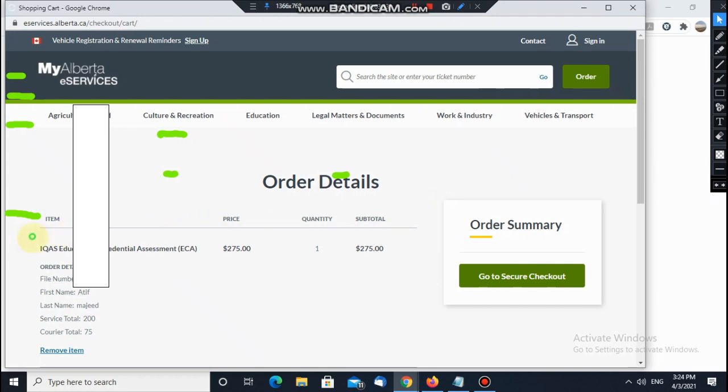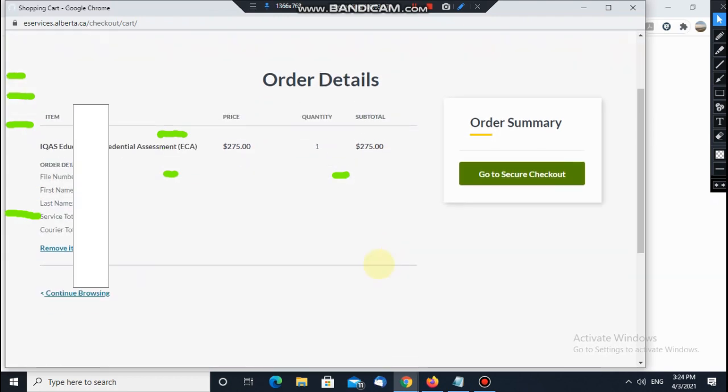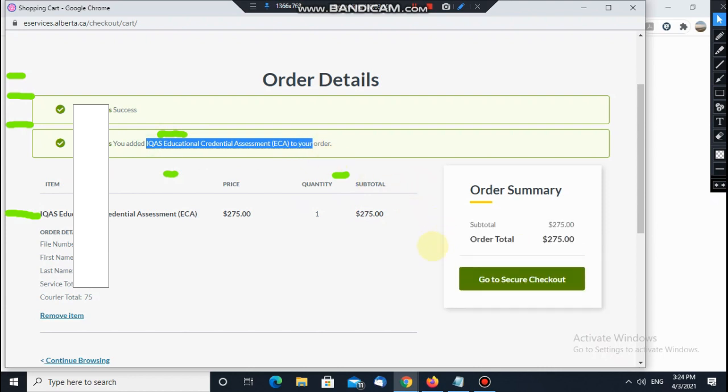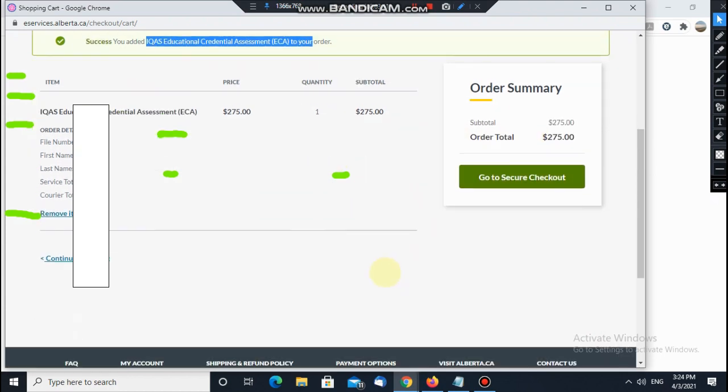Now see, here is your information and order summary again. Then go to secure checkout. You can see success, total amount.